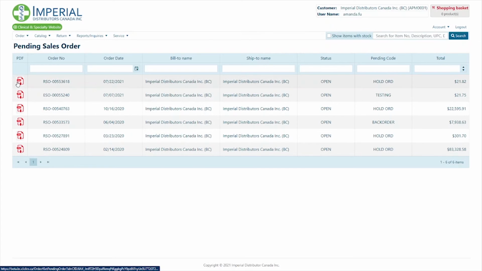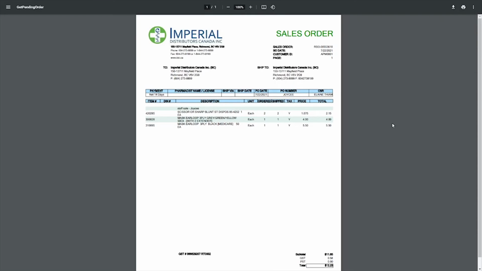If I click on the PDF, it will show here a sales order that has not been